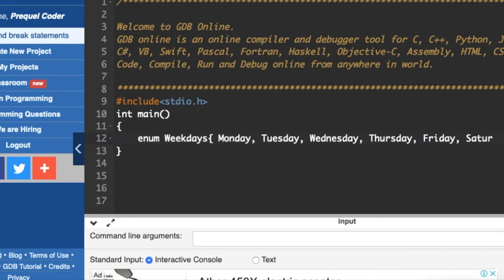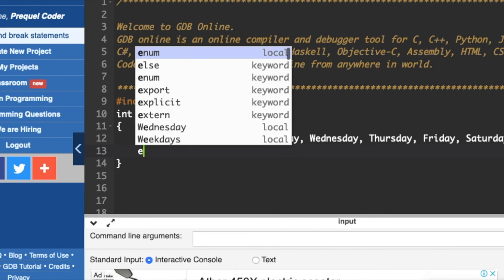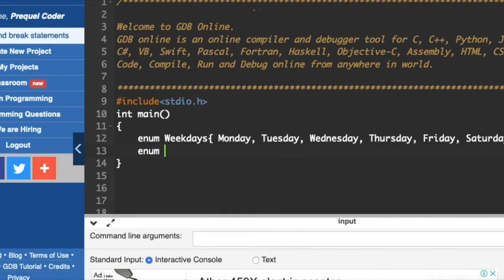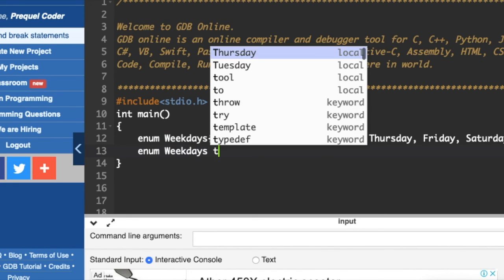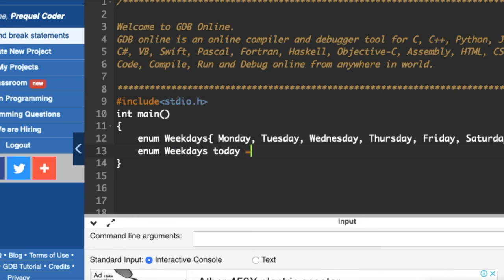I'm just declaring weekdays, putting a curly brace again and a semicolon to end the declaration, and I'm assigning today to be Sunday. Next we will declare the switch statement and declare today.